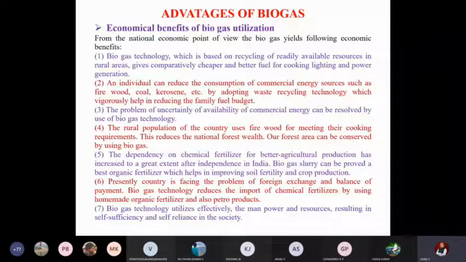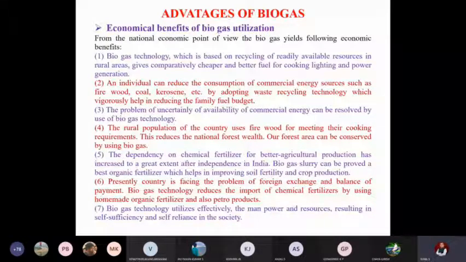Instead, whatever wastes are there, if they start converting it to biogas, the combustion process is better. Instead of directly burning the wood, biogas combustion is far better, and this cutting of trees can be avoided. As I discussed with you, if the density of trees in the forest reduces, the fertility of the land also keeps on reducing. The dependency on chemical fertilizer for agricultural production has increased. This is the major problem in India. Chemical fertilizers are used because of lesser nutrients and lesser fertility in the soil,